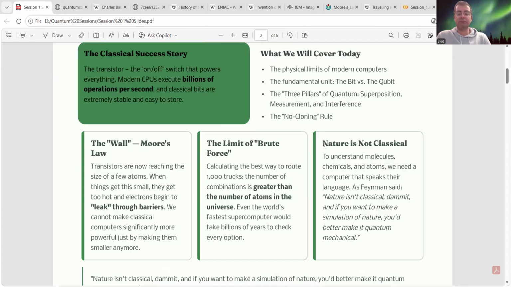Because you need to consider a lot of possibilities here, and you need a lot of bits to store this information. And sometimes it becomes impossible after a while. Even simulating a molecule of water, H2O, becomes a very, very huge problem in a classical computer, so that you cannot really produce an exact replica of a water molecule.